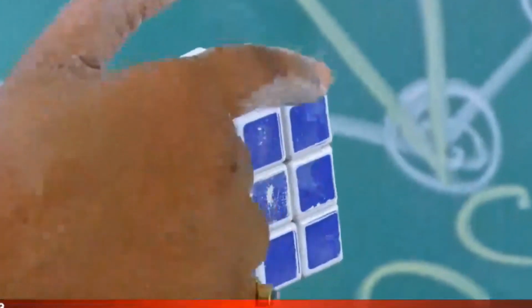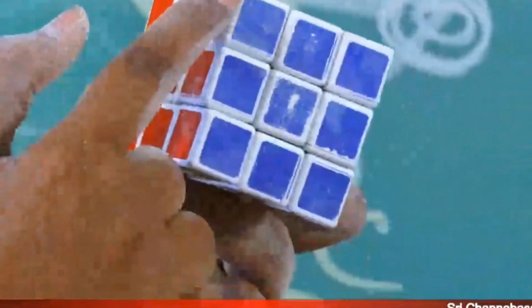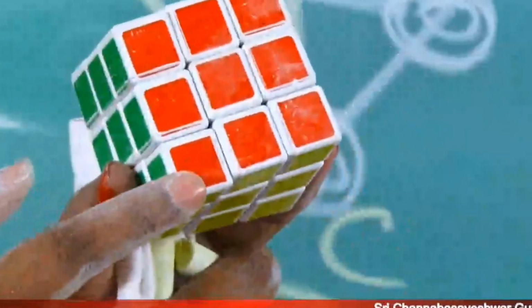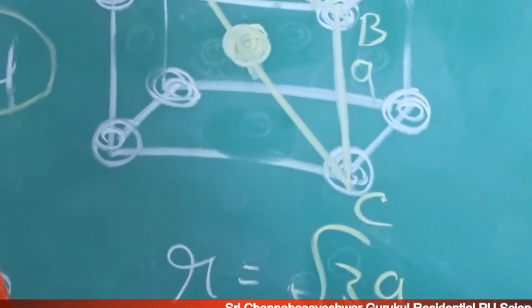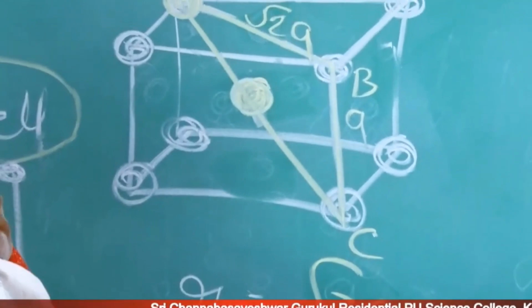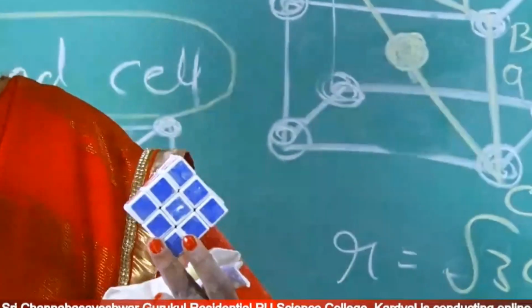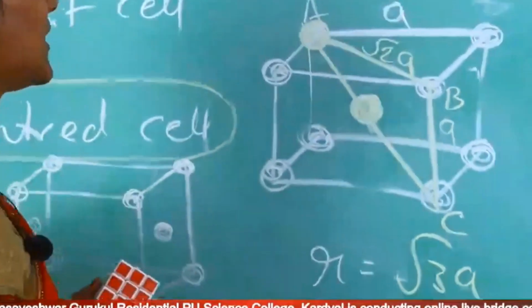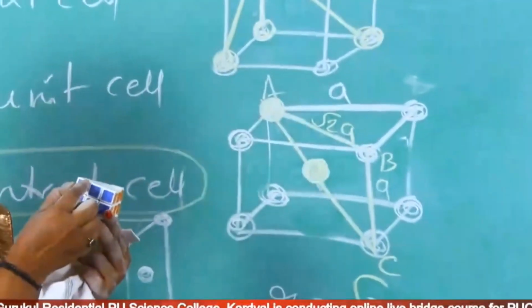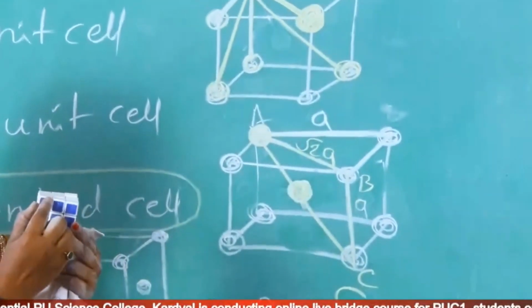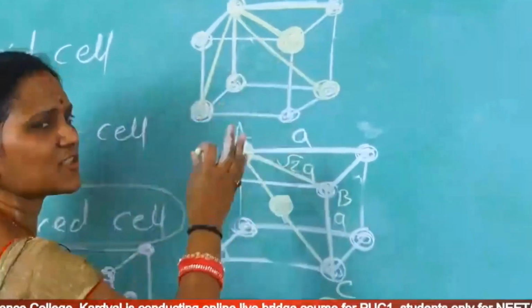Okay, this is a neighbor and this is a next neighbor. Okay, so how many next neighbors are we getting here? Like this: this side face diagonal, this side face diagonal, this side face diagonal. These are the next neighbors we are getting for this particle only. Okay, clear? Anyhow, all these three, no need to take.